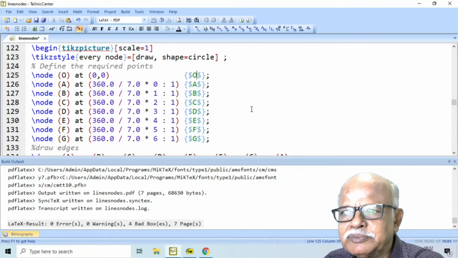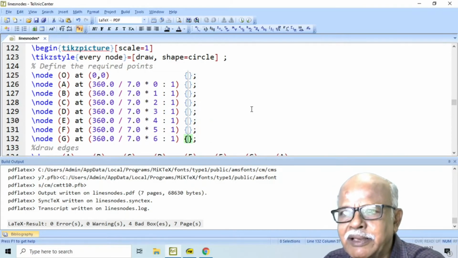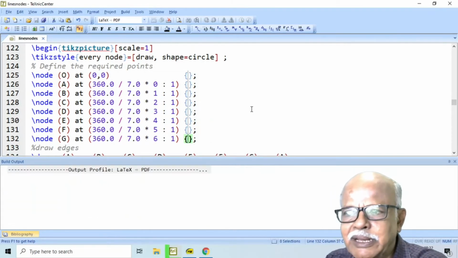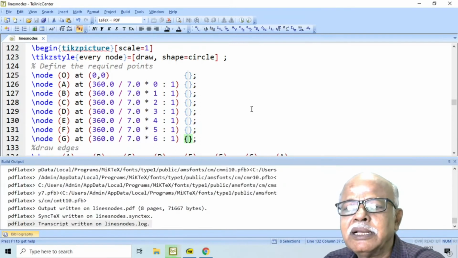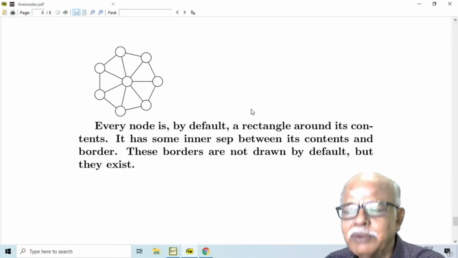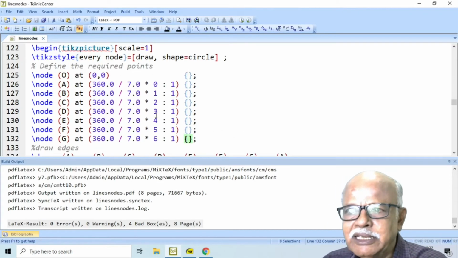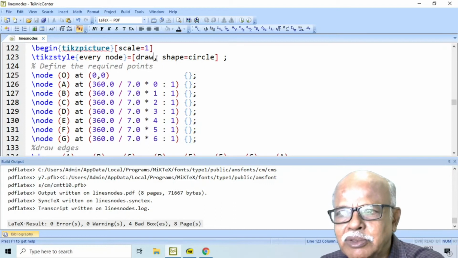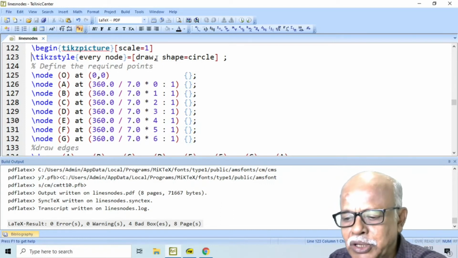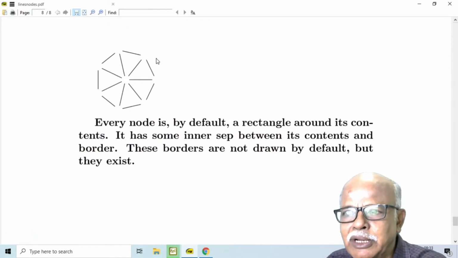Now, imagine that we give empty values, and then you can have the nodes available like this. If you do not want to have the shape for the node, you can comment this out, then you will have the nodes available like this.